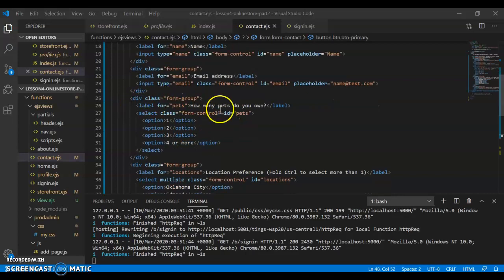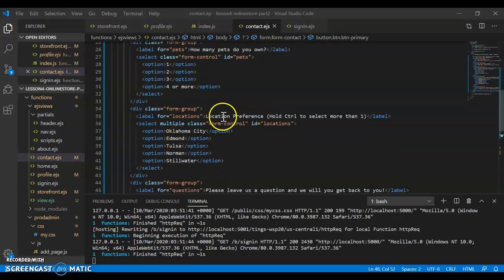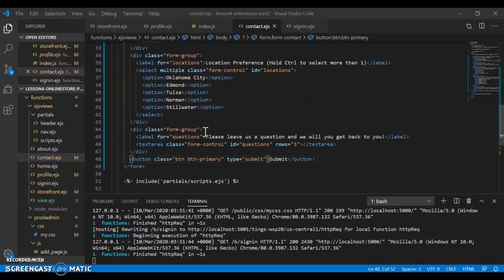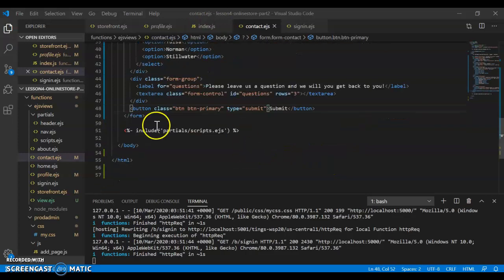And on this form group, we have "how many pets do you own," and we have different options to select. And then for location preference, where you can select more than one, we use the multiple class. And then for questions, we created a text area box, and then when we hit submit,